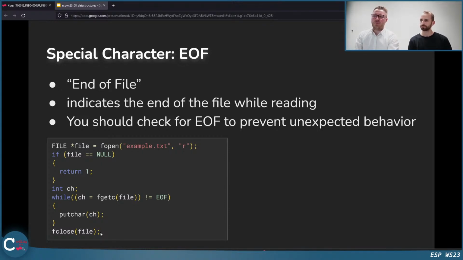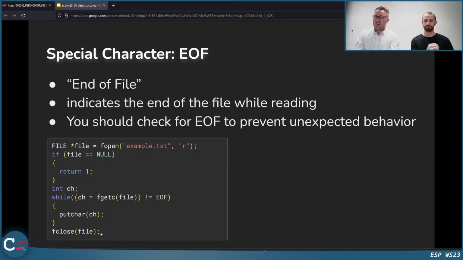Does stdin ever have an EOF? A file, yes, because a file has at a certain point a file end. But stdin can be something different. It can be a file, or it can be input from the keyboard. We can also simulate EOF with the keyboard. Control plus D, I guess. It's Control D, yeah. Then you simulate the EOF.